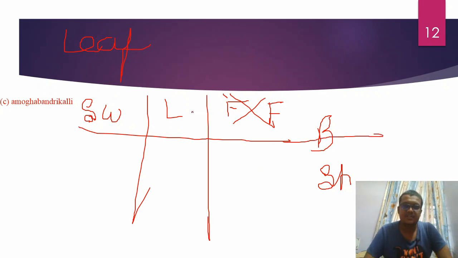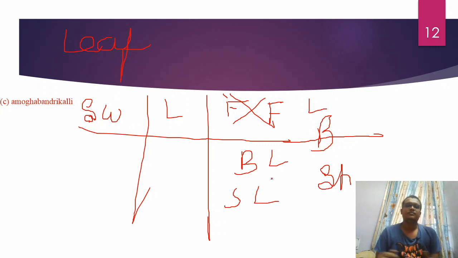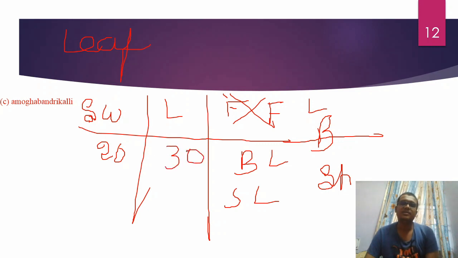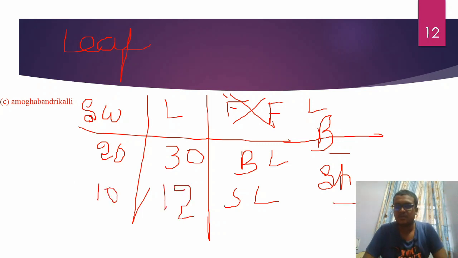So this will be the feature number and this will be the labels, whether it is broad leaf or short leaf. So broader leaf or shorter leaf, you just need to think of the width and length of leaves. The numbers will be provided in centimeters. If it is 20 in width and 30 in length, then it is a broader one. If it is shorter, it will be almost half of this. So that is a shorter one.